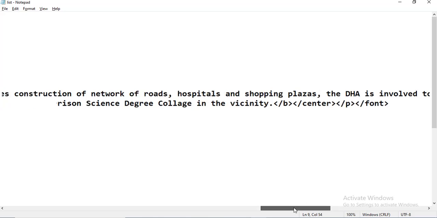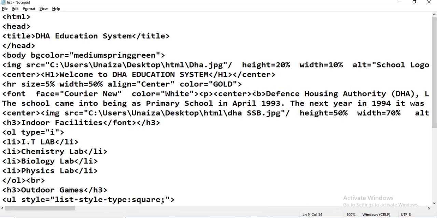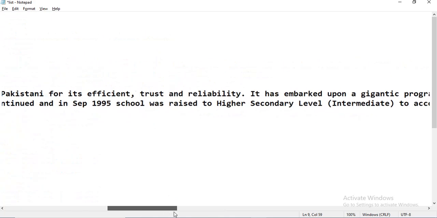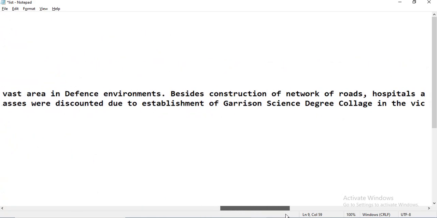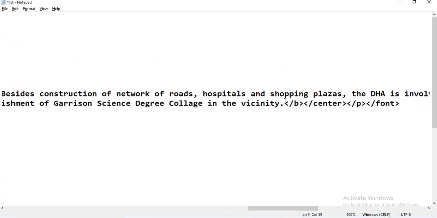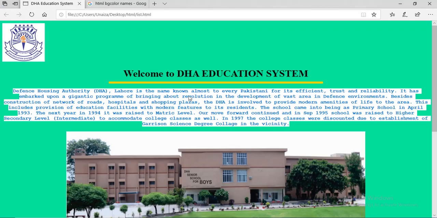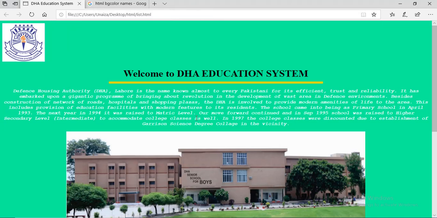I just left something. After the center tag, I have used the bold tag, bold, italic and underline. We can use these to make our work, our task, our text more prominent. So I'm using it as well. I'm closing it now. Check how it is implementing. Okay, so it's bold and italic as well.